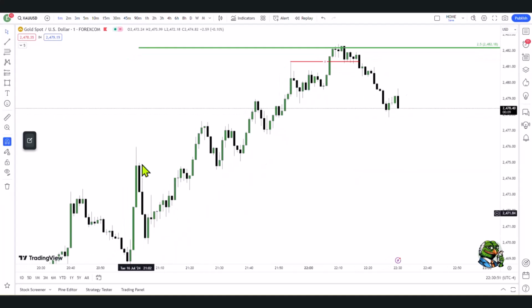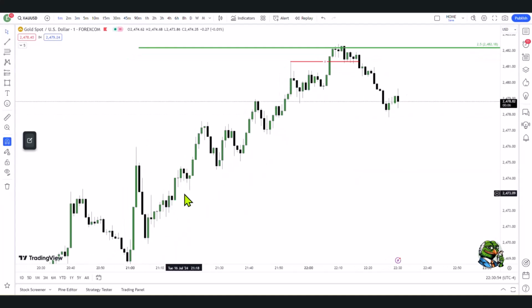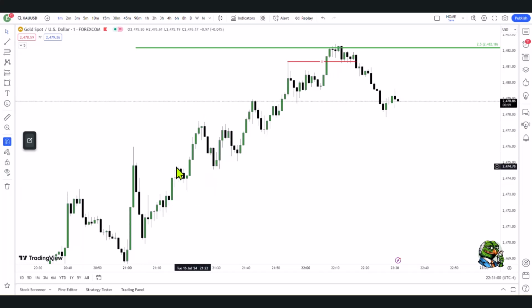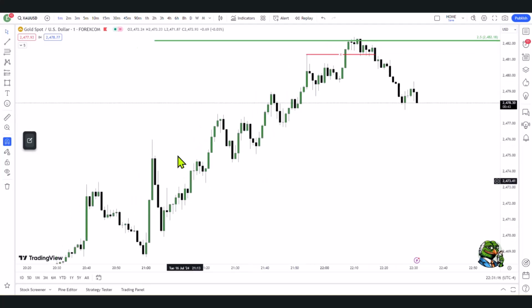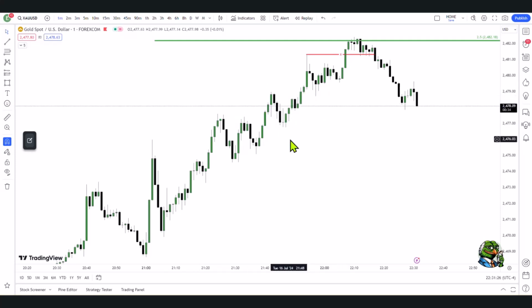So if we start from here, look at how this movement, every down candle is coming into a gap or down candle moving higher, coming down into these down candles, the order block, and moving higher, okay? Here it's coming down, okay, into these down candles and also balancing this gap, moving higher, okay? Here we're coming down into these down candles and this gap moving higher. So we can see this is bullish order flow. So I'm just marking out these lines and I'm waiting to see when does price no longer be supported by down candles or gaps, okay?